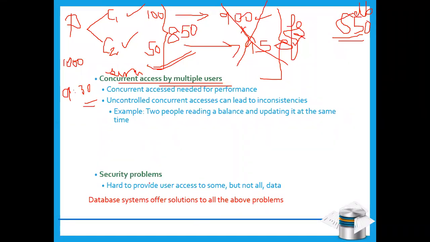And a very big problem was security, because file systems didn't have these advanced securities, passwords. Of course they did have passwords, but these